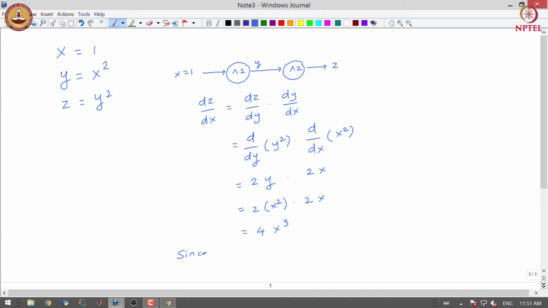Since x is equal to 1, dz/dx is equal to 4x cubed, which is 4 into 1 to the power 3, equal to 4, and dz/dy is equal to 2y, and y is equal to x squared, which is 2 into 1 squared, equal to 2. So, dz/dx is 4 and dz/dy is 2.